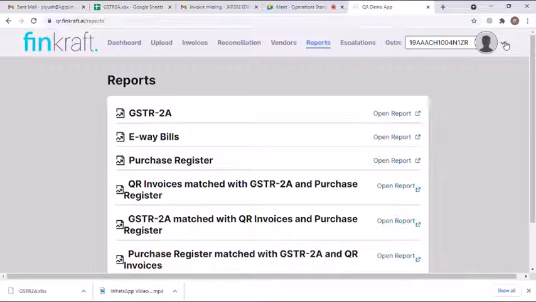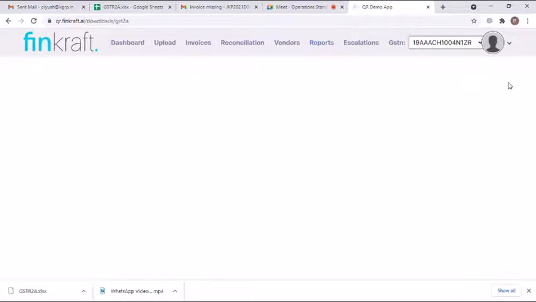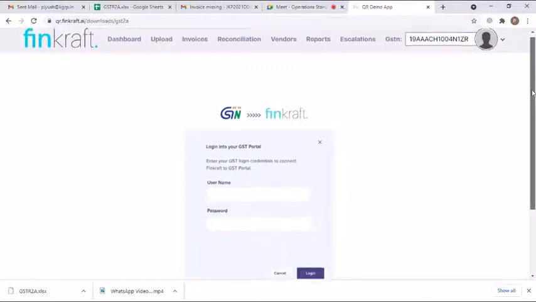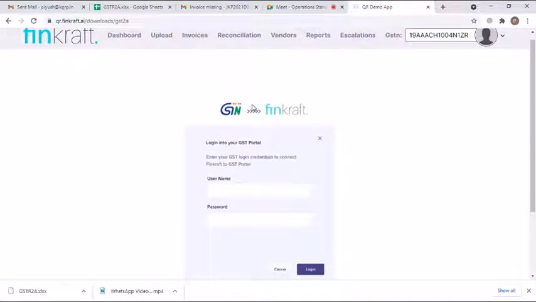Yes, sure. For ERP data, just run a scheduled daily or weekly report to the tool's email ID with the purchase data attachment. Second, we are also an ASP GSP and integrate with the GST portal. This will ensure regularly updated data in the tool of GST 2A, 2B, and also e-way bills generated by your vendors. You can log in with the GST credentials as we provide end-to-end encryption and two-factor authentication. The data is highly secure.